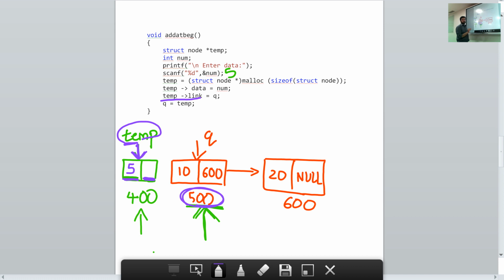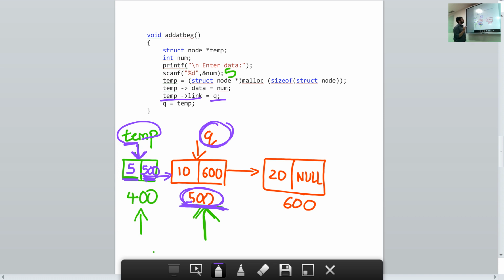In which variable? It is stored in the variable q. This memory address is stored in the pointer q. Therefore, in order to store 500 here, we say temp arrow link equal to q. So we will get 500 here. This means this node will link to the next node with the address 500.